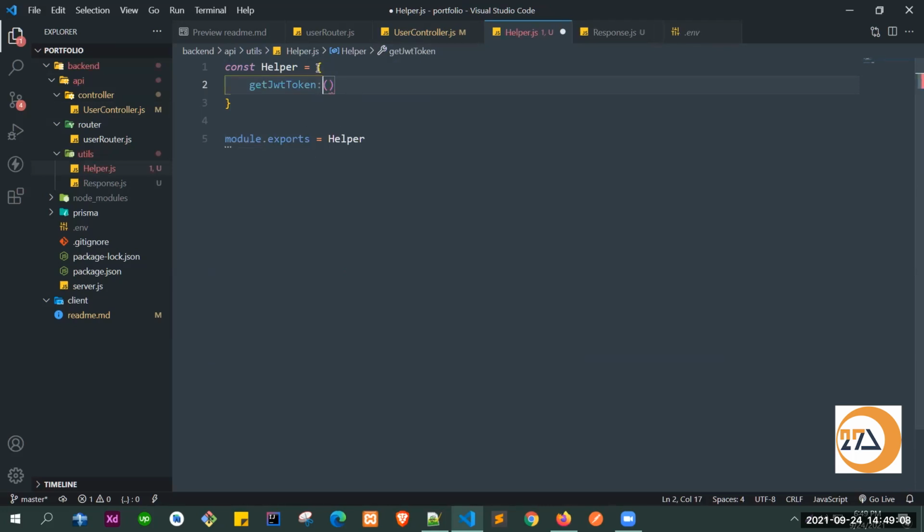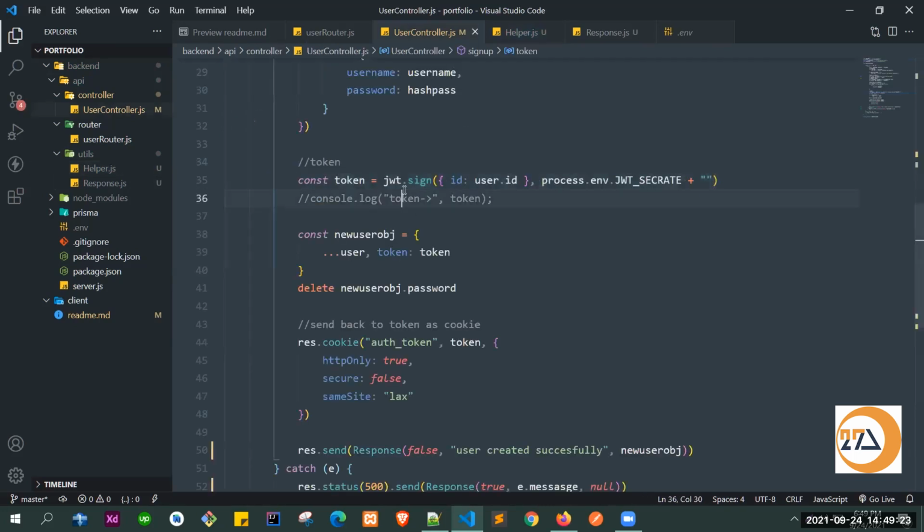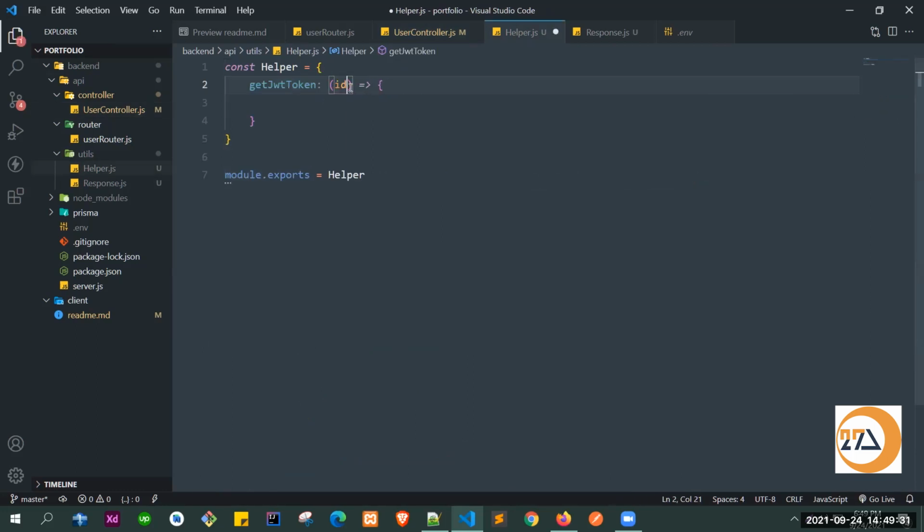Whenever we create a function inside this object, we need to give a key, the name of the function, then a colon, and then we define our arrow function. We'll take a parameter here. To generate a token we need an ID, so we'll take the user ID as a parameter and write id here.